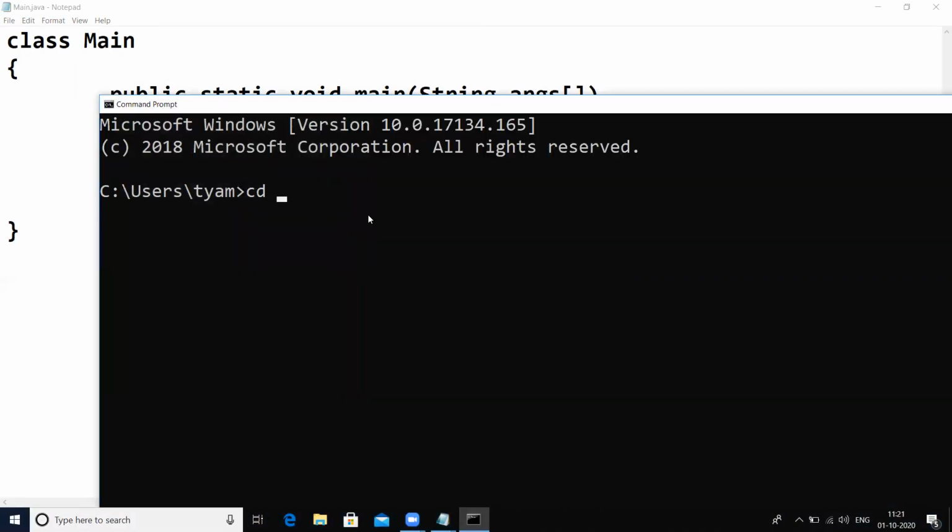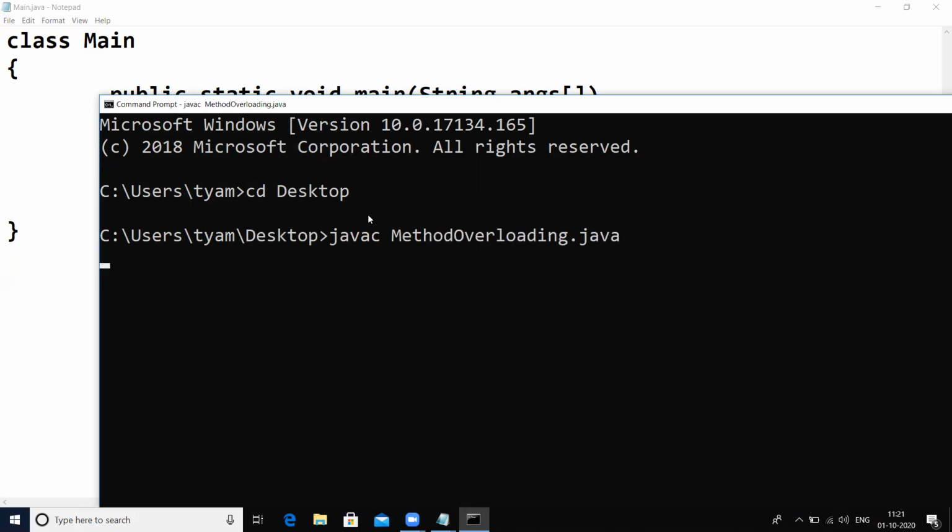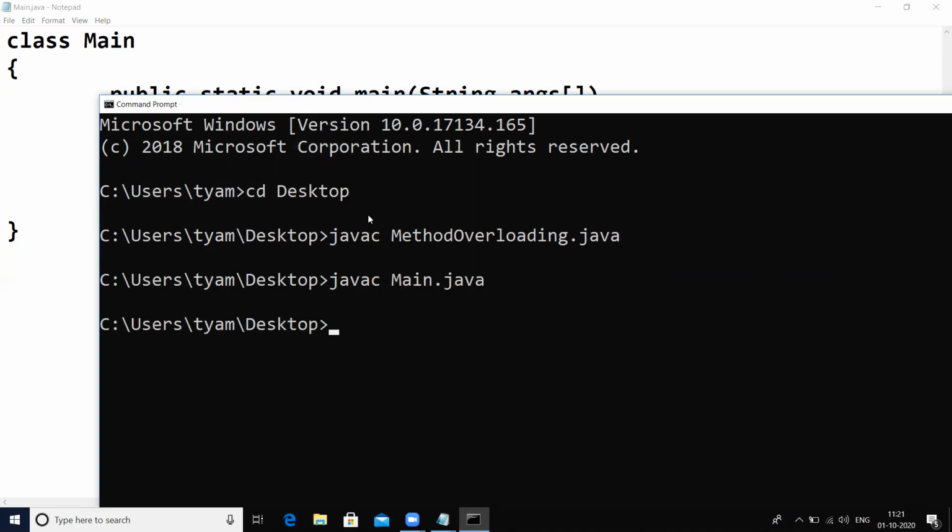So cd desktop, javac. First we need to compile MethodOverloading.java. If any errors are displayed, otherwise success. Then next javac Main. We have the main class also, Main.java. Now which class should we execute? This MethodOverloading class or the main class? See, the MethodOverloading class does not have any